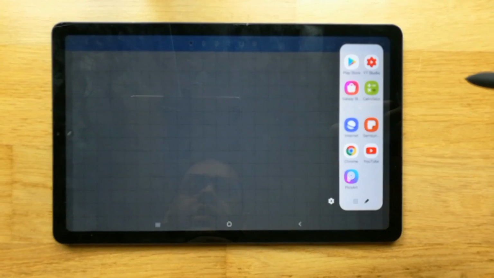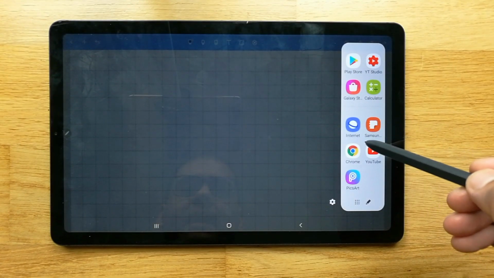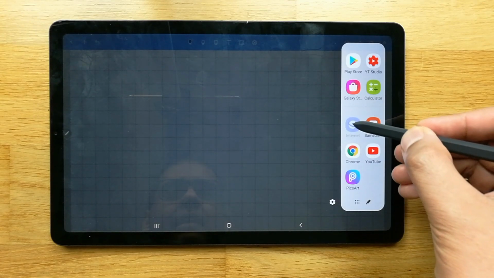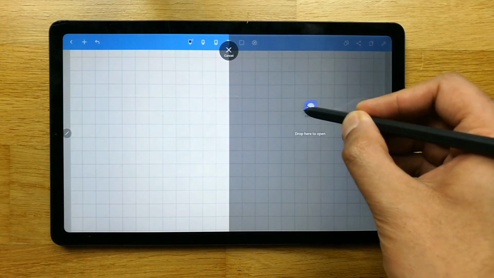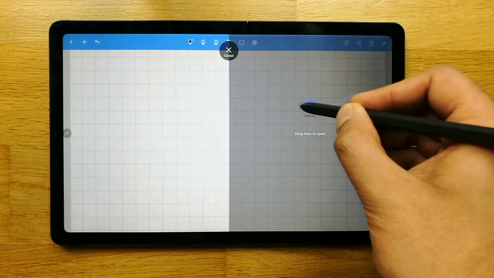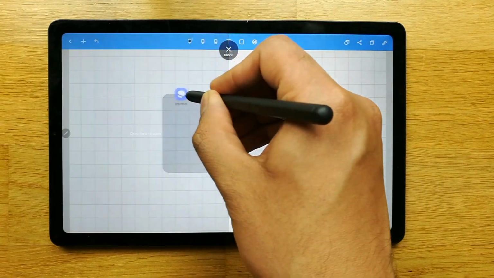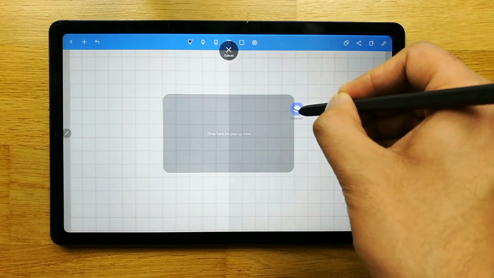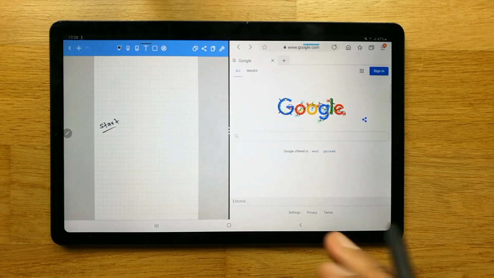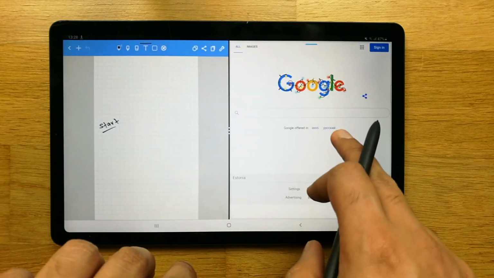Okay guys, so the next step is to go for the Samsung Internet. Always go for Samsung Internet with this icon, and then you can drag it like that and drop it on the side of the screen, in the middle, top, down, or on the left, because the S6 Lite gives you the ability of multitasking. So I just drop it over here. Okay guys, so you can see there are two windows currently, and I can use both windows.